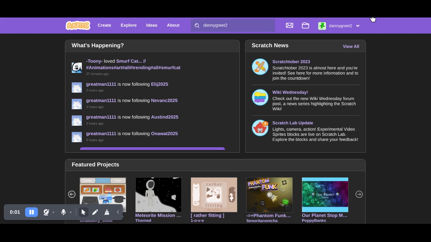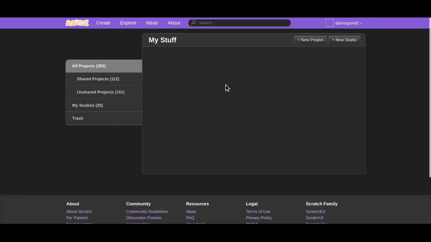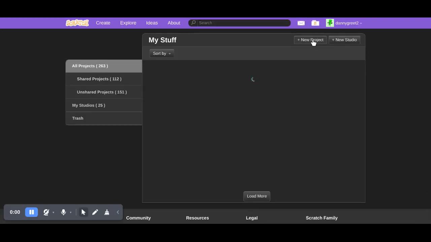Hello everybody, I know it's been a long time since I've made a tutorial, but today I'm going to be showing you how to make a small shooter game with a cannon and enemies that randomly spawn. Now, what you're going to want to do when you get to your home page with your Scratch account created, you go to your folder and you just press create new project,